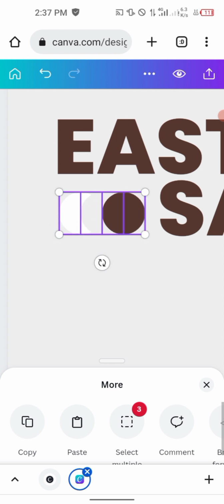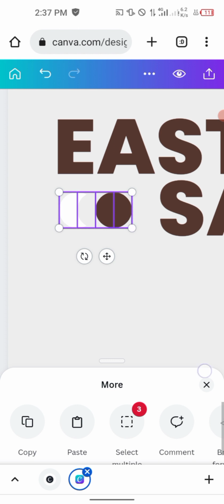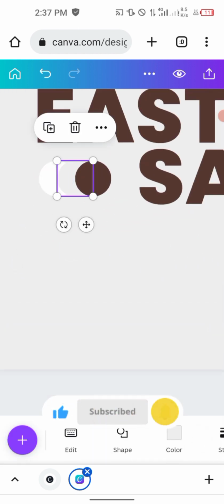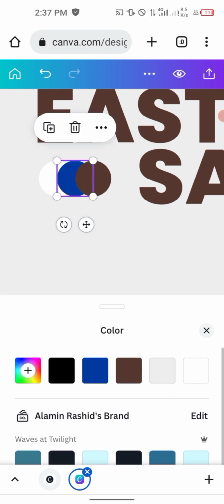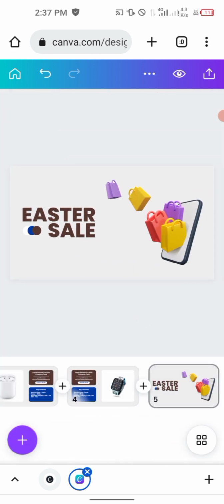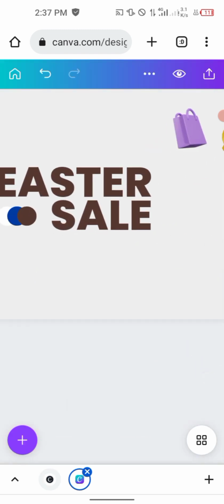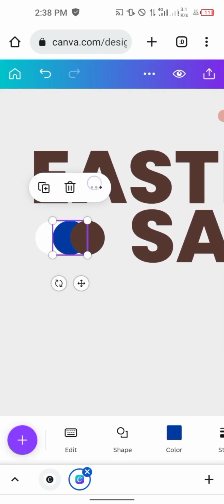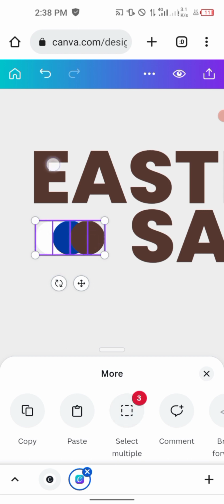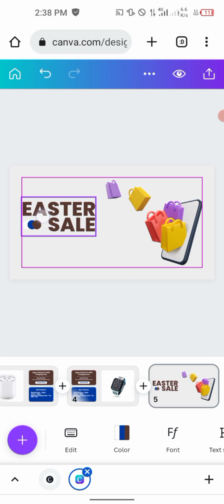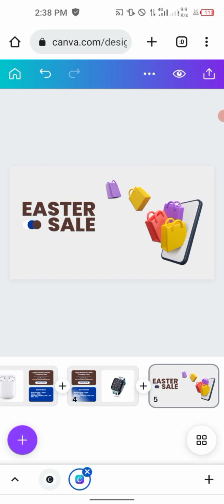You can see it over there what I'm trying to get. This is very nice and looking more beautiful. So I can just use maybe that particular blue color just to make it visible. So that is it. So what next for us is to just input free delivery to your desktop. Promo ends 10th July. Okay, so let me just group this text and the other things. Okay, I'm grouping them so that I can move them off a little bit,